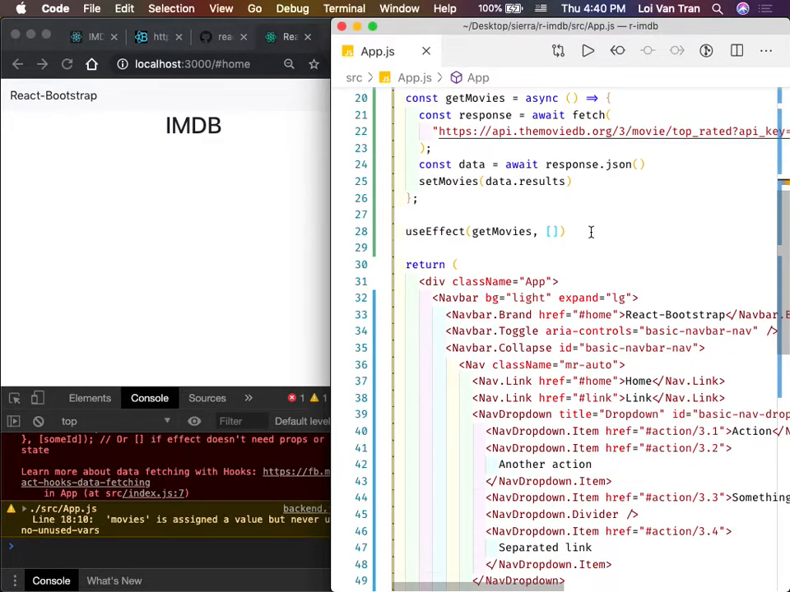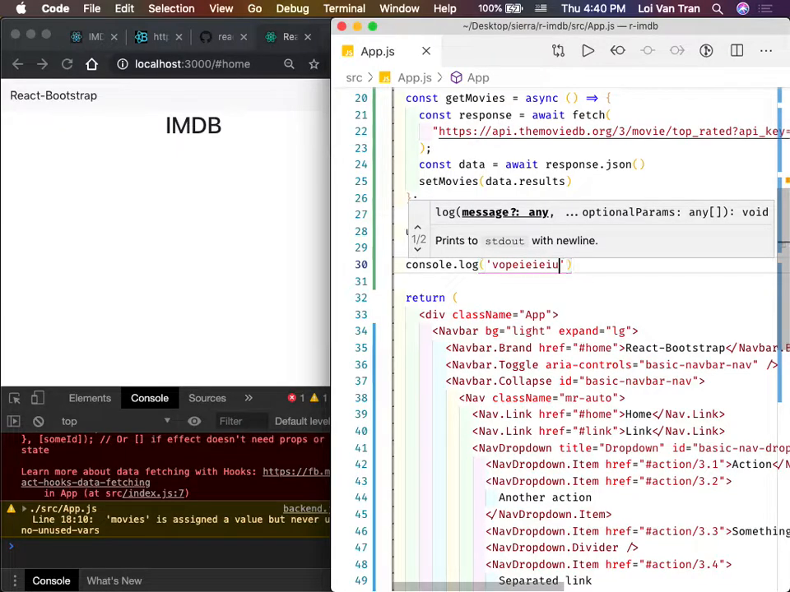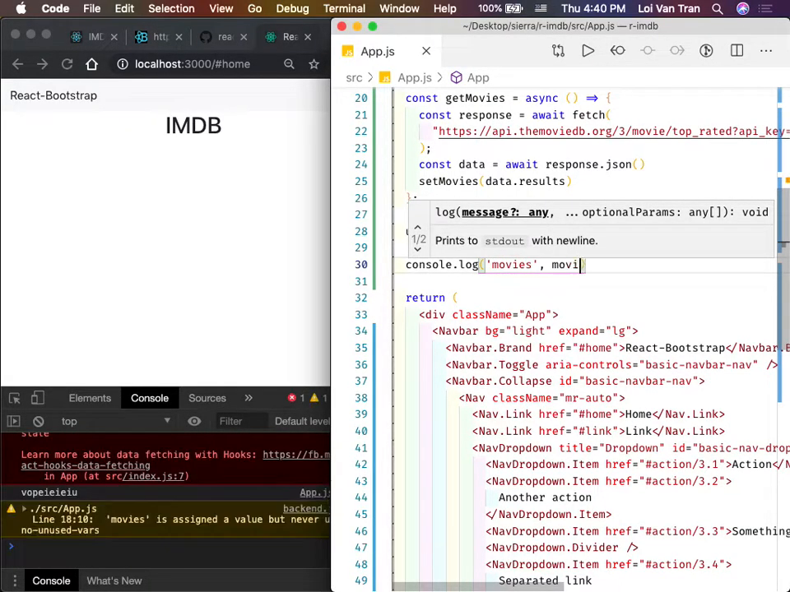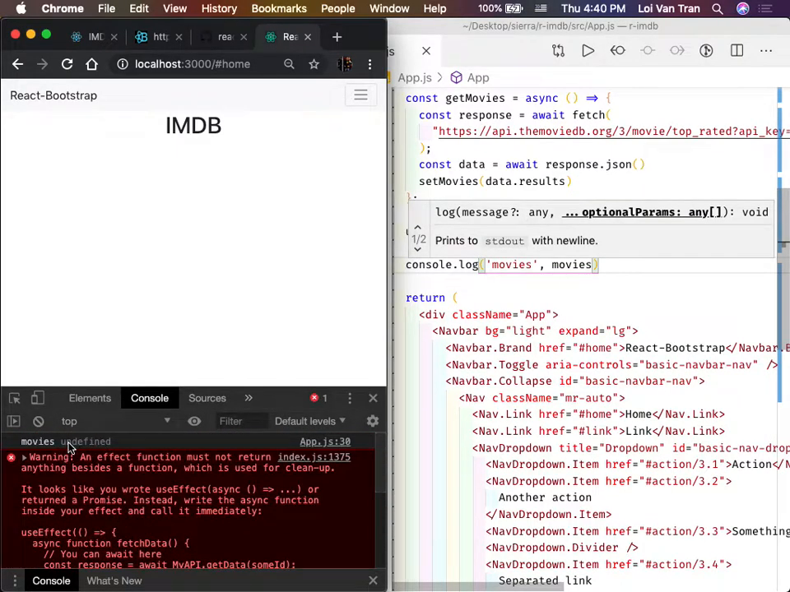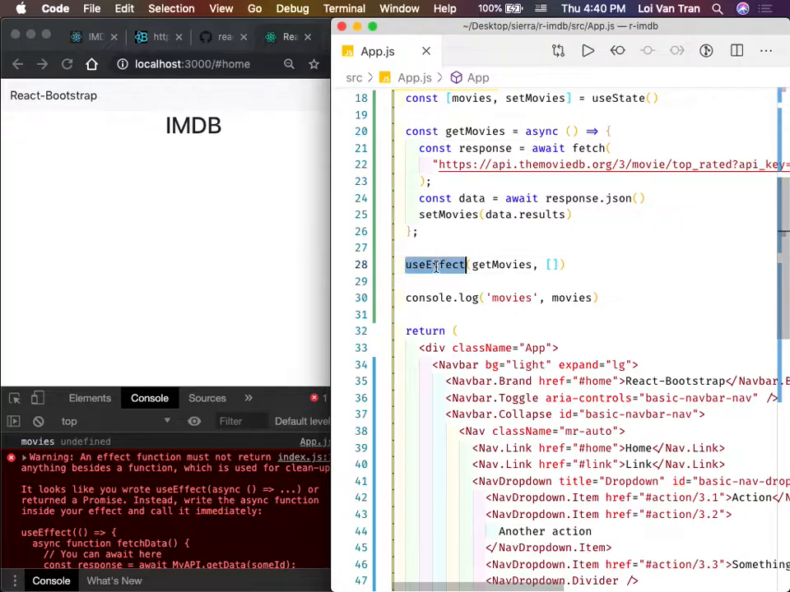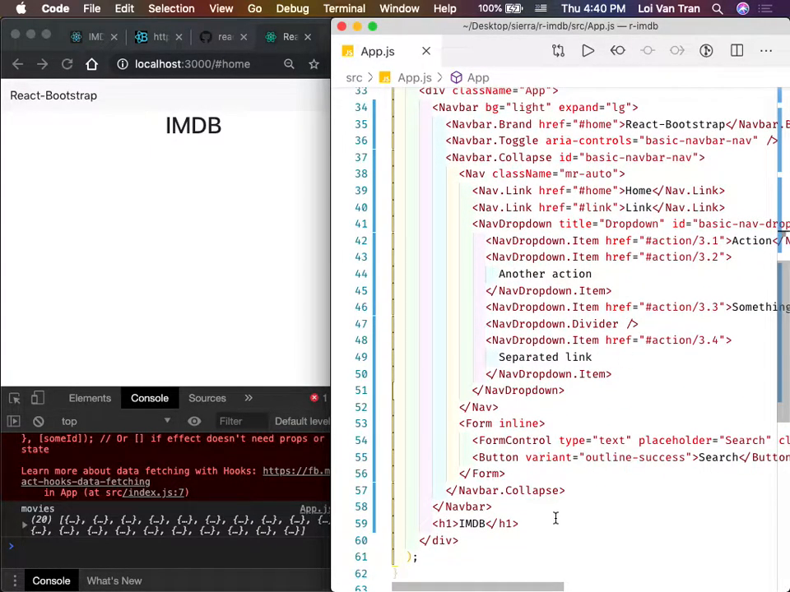Okay, so let's think about what we have so far. Let's console.log movies. So you guys will see that movies is undefined when the application first loads. Our useEffect fires on line 28. And then afterwards, our movies is now an array of 20 items, okay? So now we're prepared. We can do